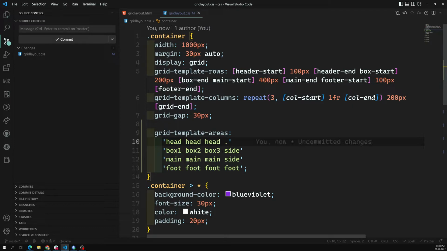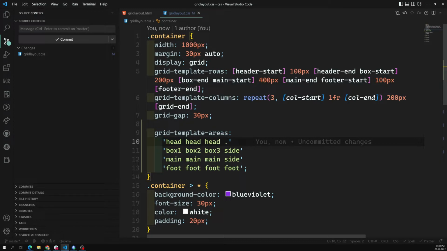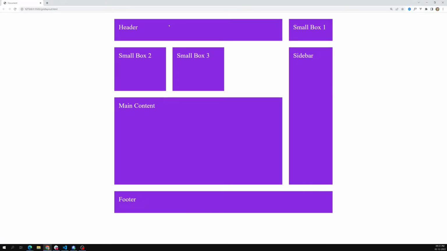So that means we don't want to occupy here. We are keeping that area as a no name, so we are not giving any name to this one. See here what has happened. Header has taken up to here only, but the small box one has moved up. So if you don't want it to move up, let's try to